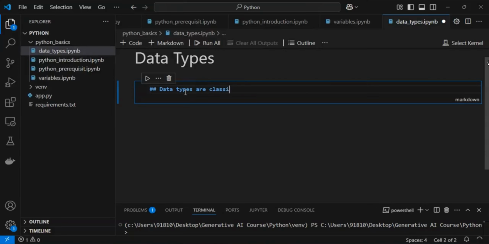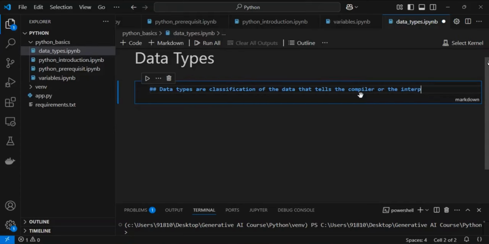So in simple terms, we can say that data types are a classification of the data that tells the compiler or the interpreter. We can write both compiler or interpreter, just because the data type concept is not exactly limited to Python only. The data types concept is actually in C++ or other languages as well. And in the case of C++ or Java, you will be making use of a compiler, right? So data types are a classification of the data that tells the compiler or the interpreter,